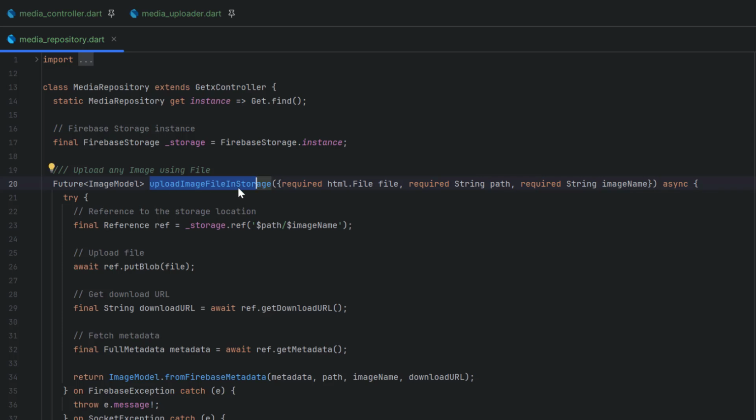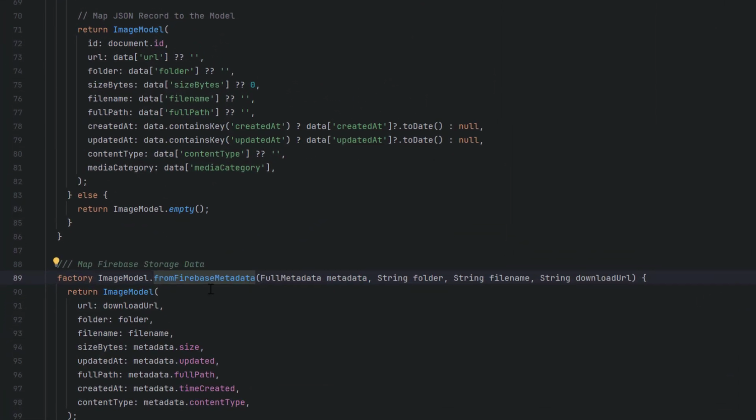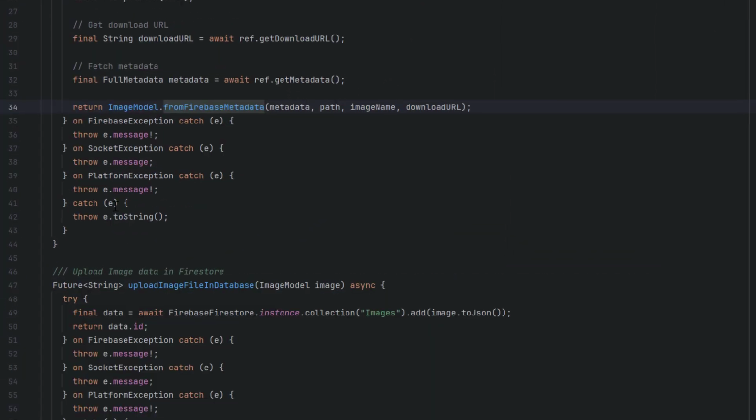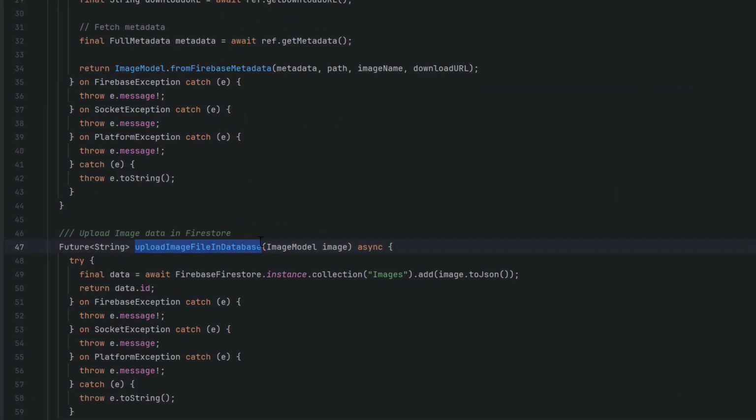The first one is to upload images into the storage, and after the storage we are going to get the metadata from the Firebase storage and also the download URL, and add the image name and download URL with the path metadata using this image model function, which is from Firebase metadata. We map all the details, and inside the media repository we send those data to the Firestore database using this